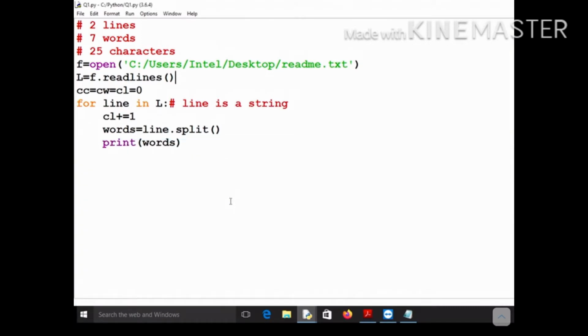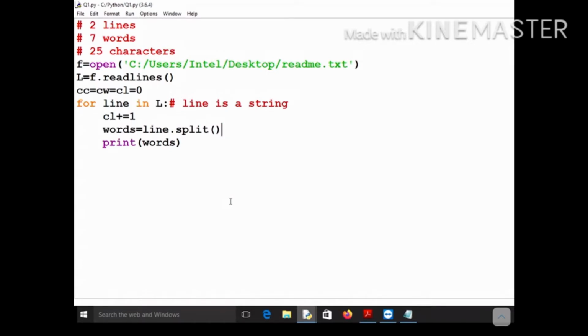So what you have done is you have taken a line, and as soon as you have taken a line, you have incremented the count of line by 1, and then you need to split the line into words. Then only you can count the number of words. Since line is nothing but a string, you can split it using the split function. All those words will be stored in this particular list words.